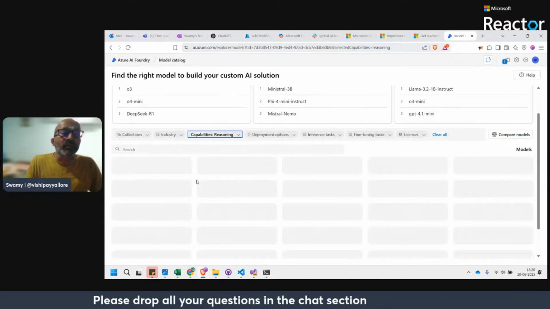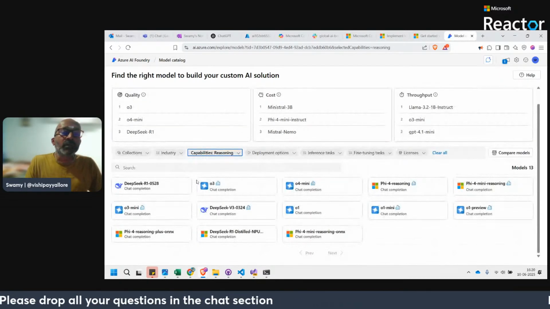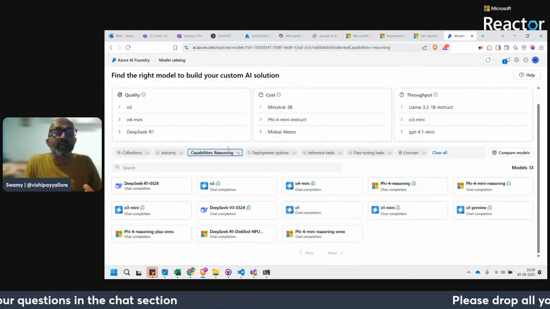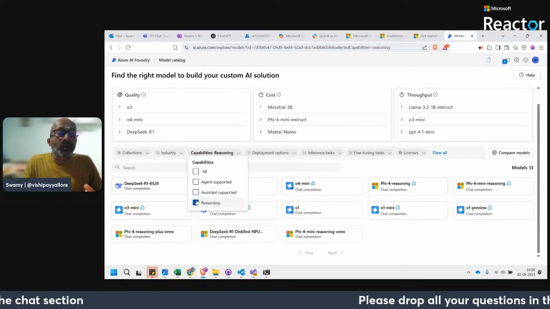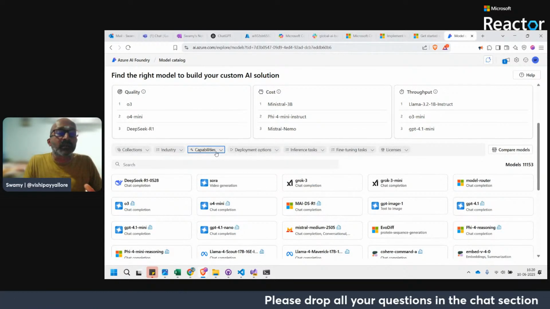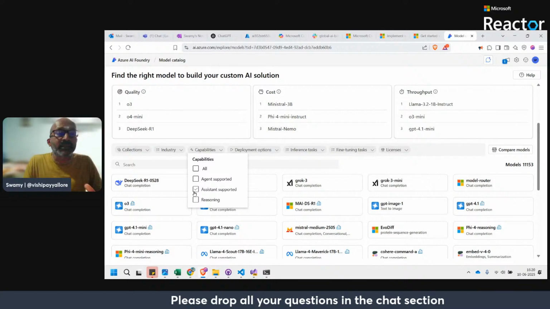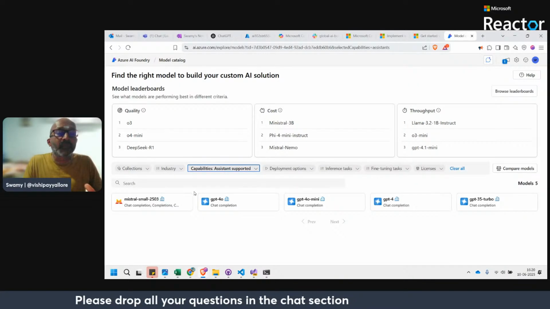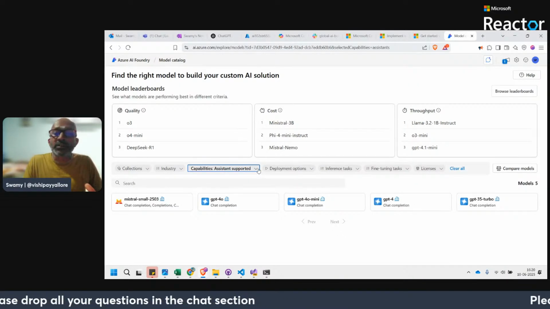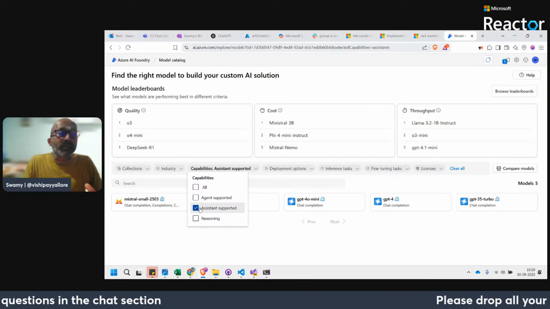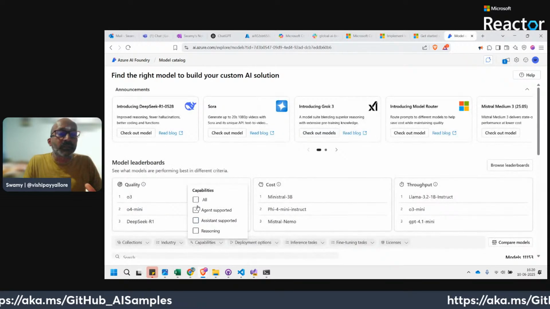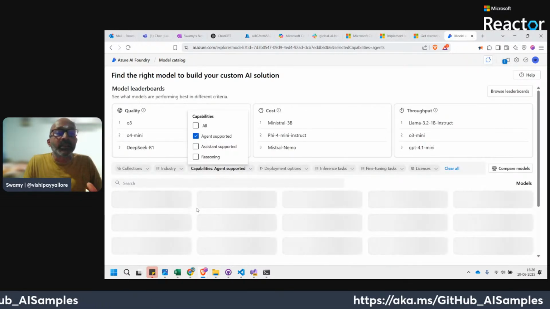So just say we wanted the models having the reasoning capabilities, or the models having the assistant support, only these models, and the models which are having the agent support.